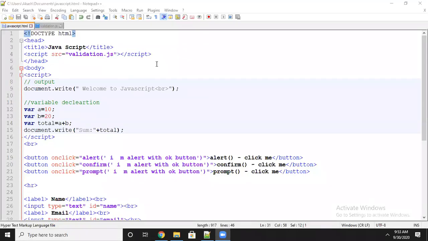But people always recommend client side more, because it is faster, quicker, and simpler to do the validation. Server side, because it has to interact with the server and respond back.